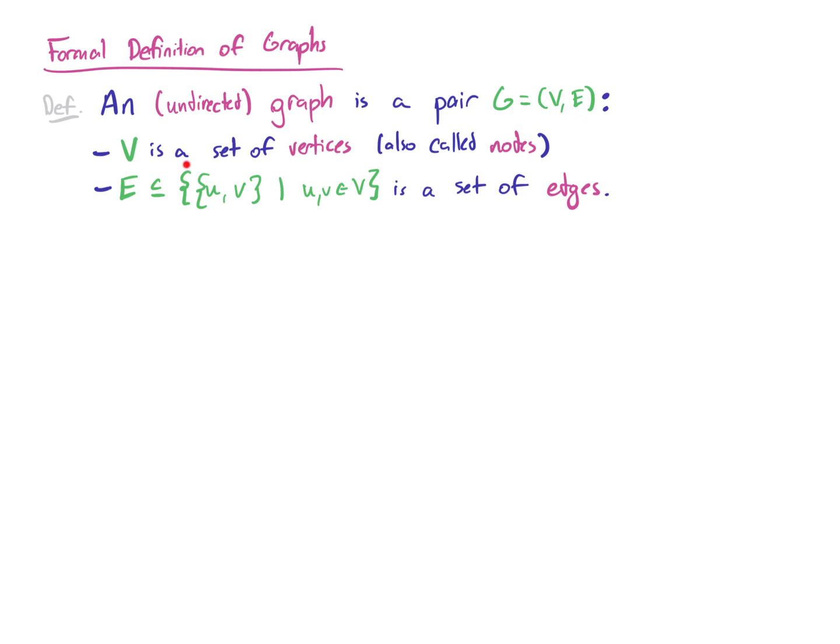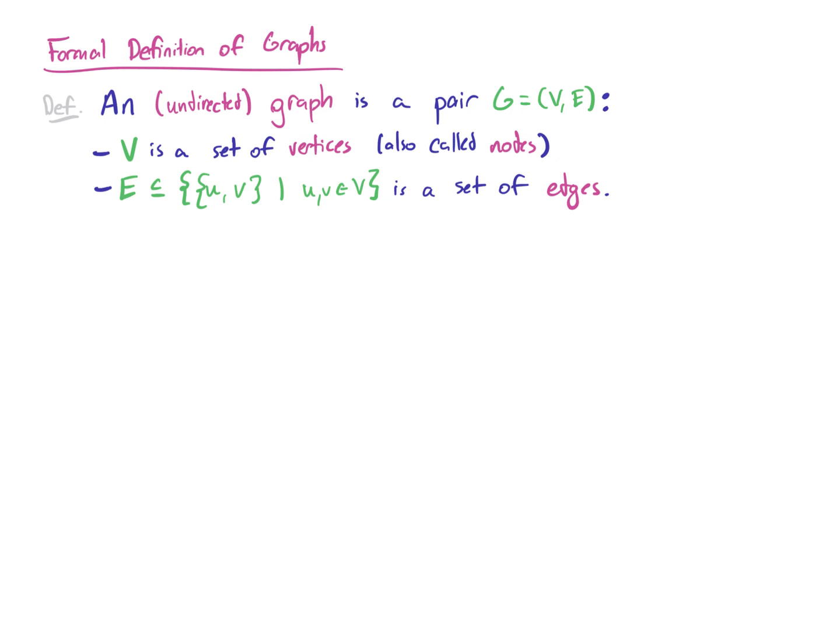V is the set of vertices, V for vertex, although, warning, we often also call the vertices nodes. Vertex and node mean the same thing. V is a set of vertices, so you can think of this as the things that are being connected to each other. Then E